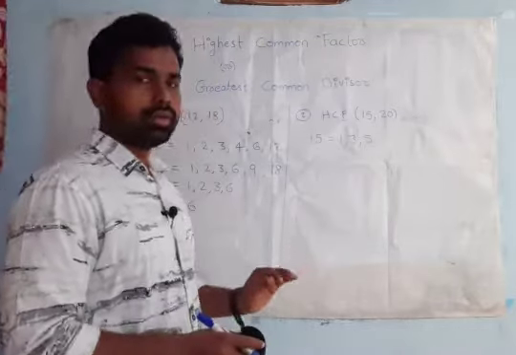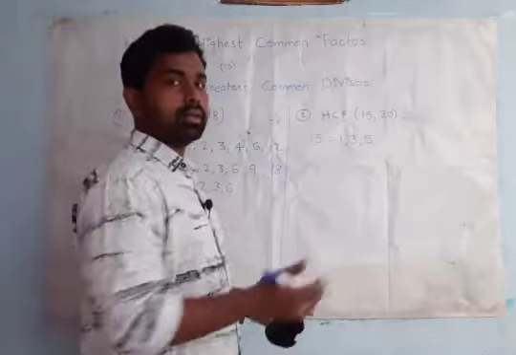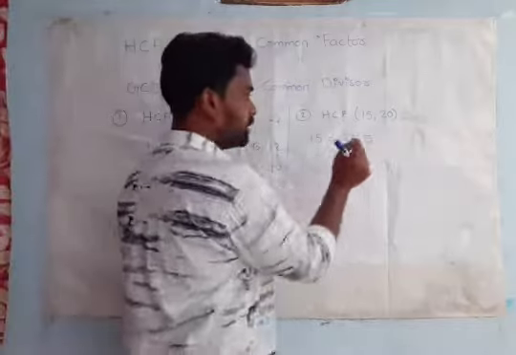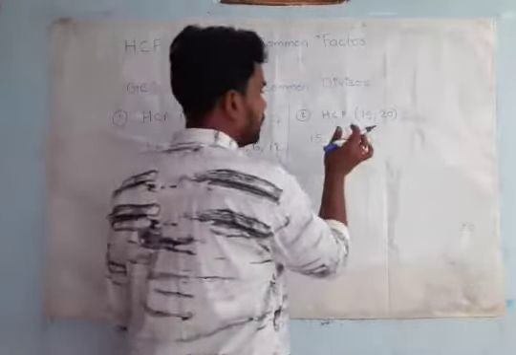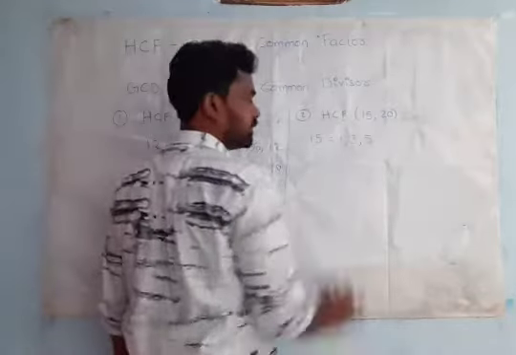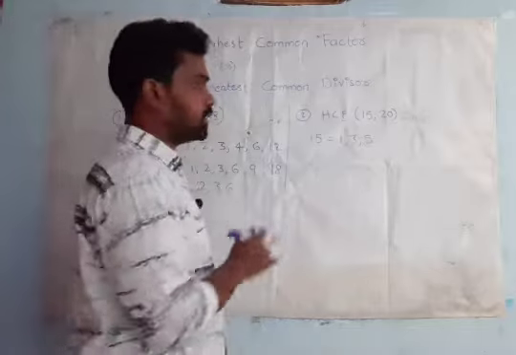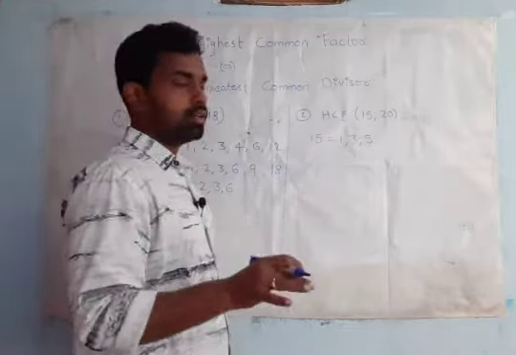So what we need to do? We have to stop writing the factors. Now we have to check for other numbers. How do we check for the other numbers? First, we have to multiply the number by itself only. So 3 into 3, 3 3s are 9. So in 9 table, we have to check whether this 15 is present or not. In 9 table, 15 is not there. So you leave it. Don't write it.